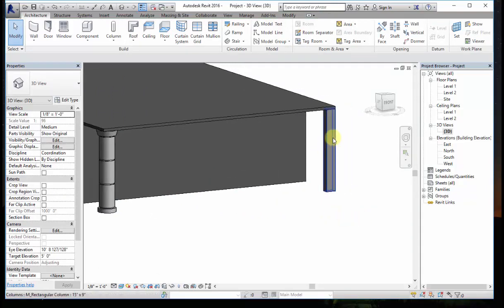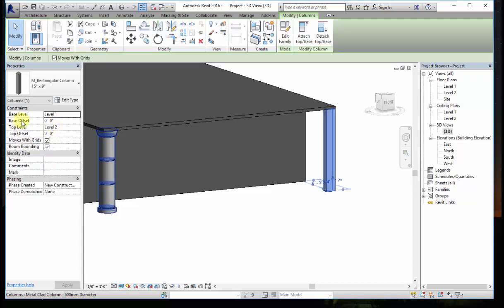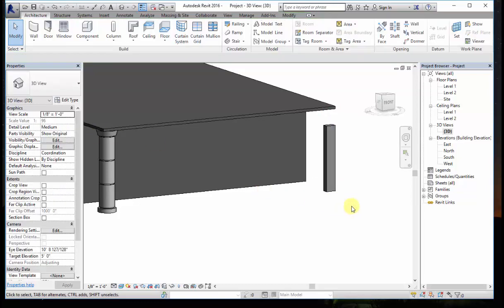Now just imagine you want to adjust the height of the column. My slab is at 10 feet now, so I'm getting a 10 feet height column. If you want the column height to be just 8 feet or less, I'm going to select this, and in the property window, by giving the base offset and the top offset, I'm going to adjust the height. Here I'll give the top offset as 1 feet, enter. You can see the column height has increased by 1 feet. If you want to decrease it, I can give it as -2 feet to make it an 8 feet column. Okay, like this.